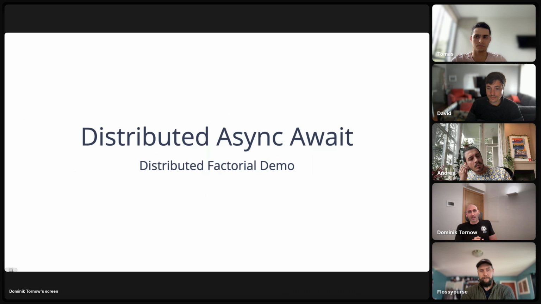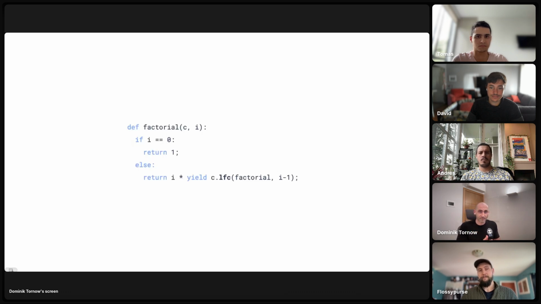Now, let's look at an example, calculating the factorial. Calculating factorial is not the canonical use case for showcasing concurrency and distribution, because generally there's no concurrency and there's no distribution. But it is the canonical example for demonstrating recursion, composition.